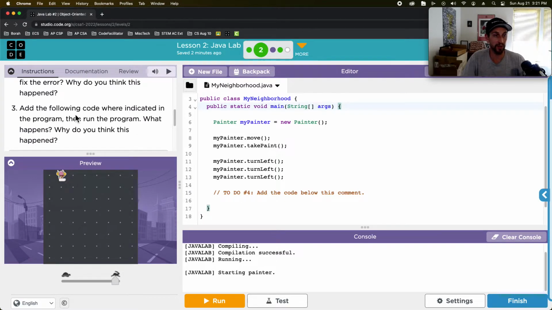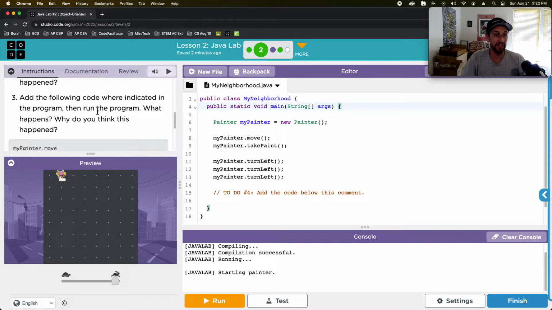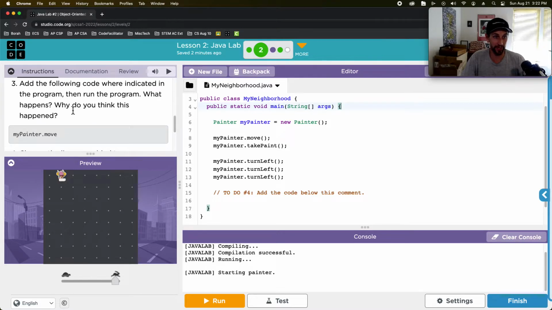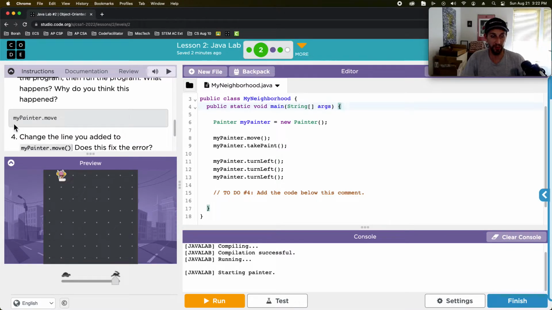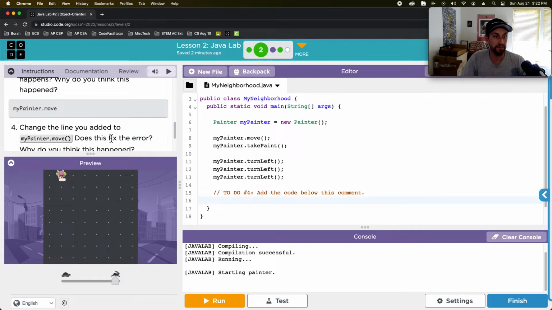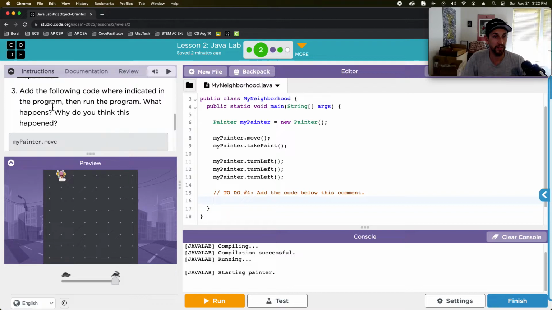Okay, so let's flow on with the instructions. It says add the following code where indicated in the program, and then run the program. It wants to know what happens and then why we think it happens. So again, I'm going to copy this, and we're on step four, under the comment to do number 4, add the code below the comment. So I'm going to add it there. I'm going to run it,